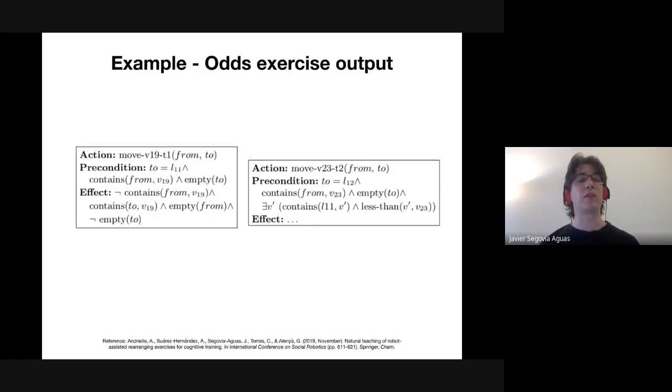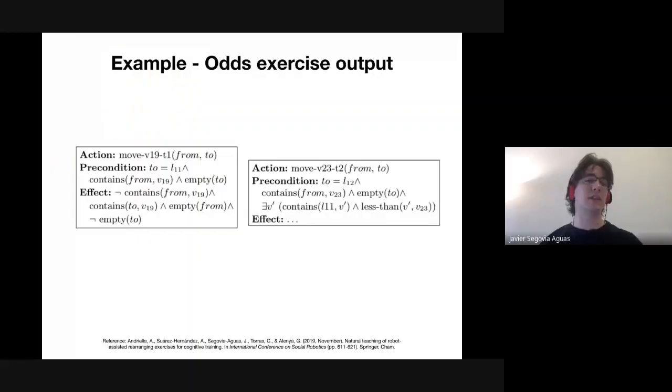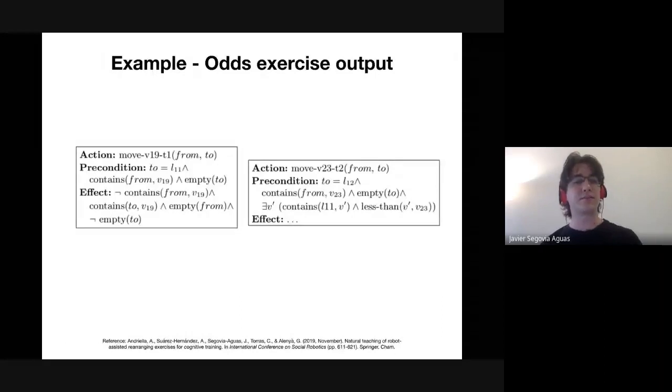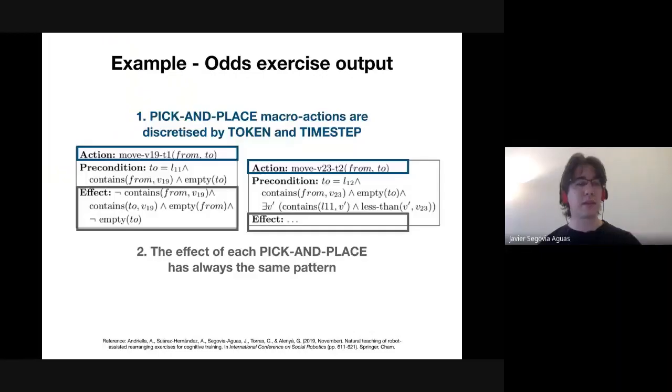So you can move the token 19th in time step 1 from this location to this other location. And the cell of from must contain this token, and the cell of to must be empty, like this. So the action signatures of pick and place actions are discretized, as I said, by token and timestamp. The effects of these actions have always the same pattern. It has always the same effect. Like